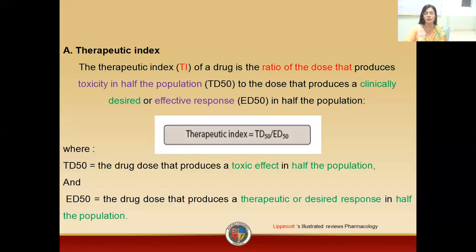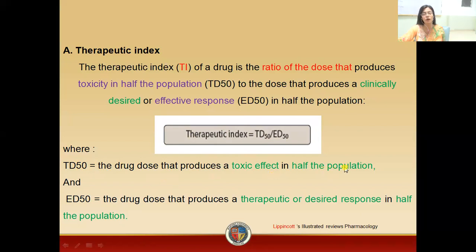Now students, we will discuss what is therapeutic index, what is therapeutic ratio, and what is standard safety margin. Firstly, moving towards the therapeutic index. The therapeutic index is the ratio of TD50 to ED50, where TD50 is the drug dose that produces toxic effect